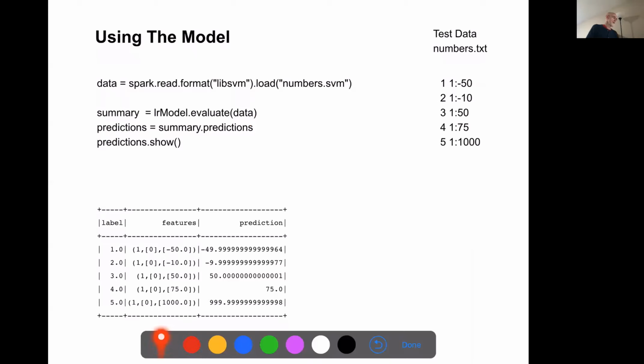And let's see, so here we are reading the data. Given that we already have the model, we can now evaluate on the data. And we can then look at our predictions. Right, and it's saying here, okay, for an input of say -50 it's predicting -49, input of -10, predicting basically 10, and look at 50, it's just a little bit off, right?